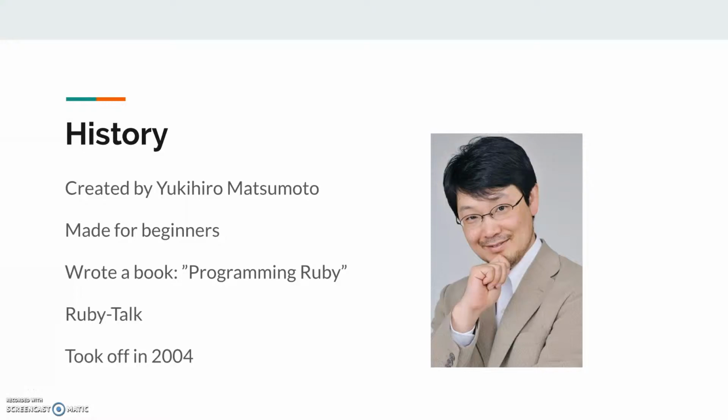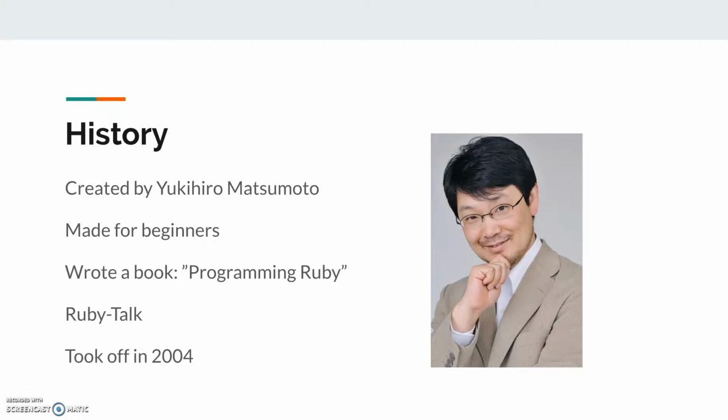The combination of the English homepage, the mailing list, Ruby Talk, and even the introductory book Programming Ruby, published in 2001, allowed the language to expand much further than simply Japan by allowing more people to understand and learn Ruby.